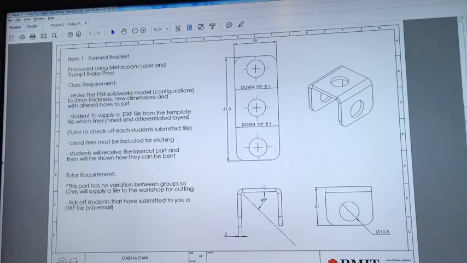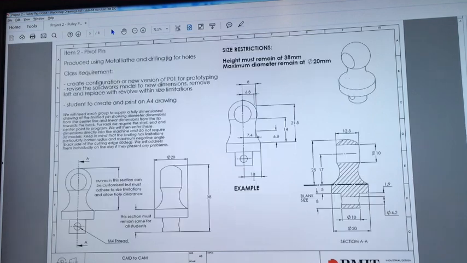So this form bracket, these are the changes that we'll make now in class in that configuration, so everyone can understand how and why. The reason why we have to change the size of this is so that when it's made on the brake press, it can actually be made. So how the brake press works is it takes the flat part here and you put that in the machine, and the forming plate or forming tool comes down on this bend line, and it bends up this edge and this edge at 45-degree angles. Okay, so it goes from flat up to 45s. So as you can see from this drawing at the bottom,